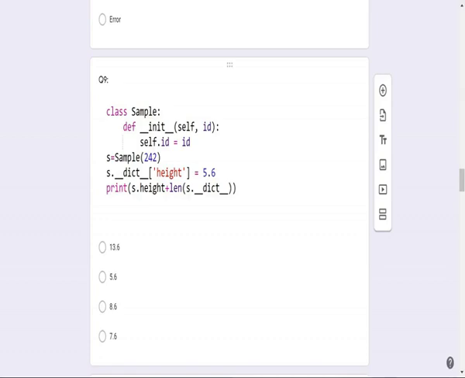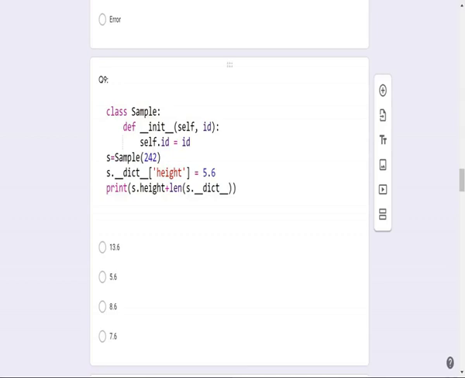What do you mean by dict? __dict__ represents the dictionary elements present in the class, and on that I am assigning a key, height, with value 5.6. So I want to print S.height plus the length of this one. What is S.height? Simply 5.6 plus length of this one.